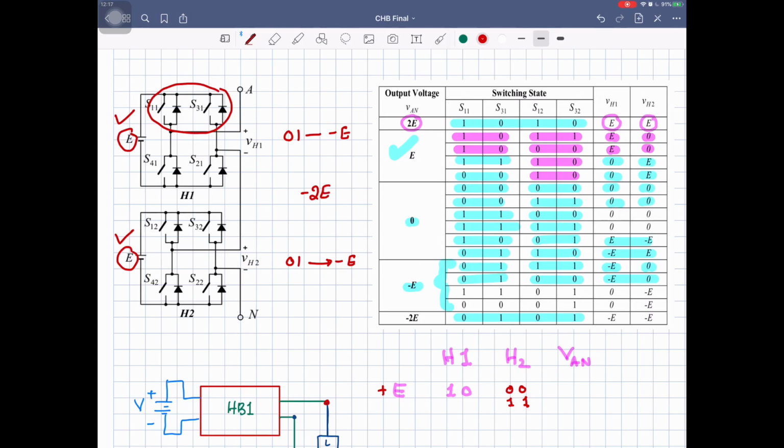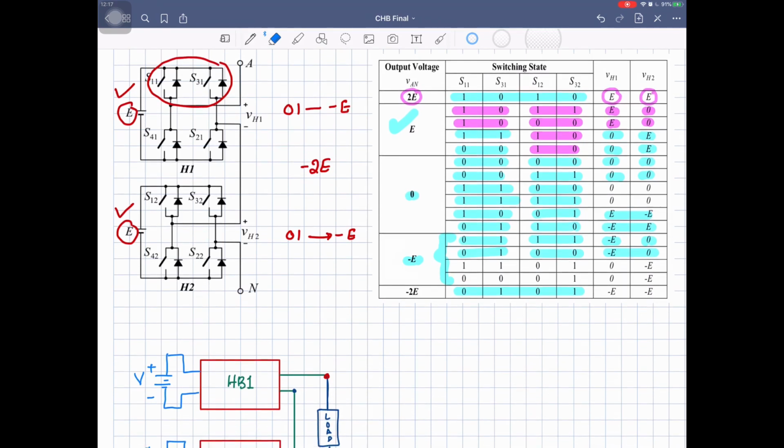Okay, so now you know these voltage levels, and with the help of those voltage levels you can construct the output voltage waveform having level E, level 2E, 0, minus E, and minus 2E. So there are 5 levels that we can construct. What are those levels? We can get 2E, E, 0 volt, minus E volt, and minus 2E volt. So if I sketch that waveform, I can draw it like that.